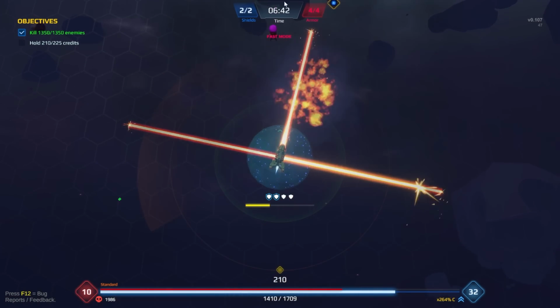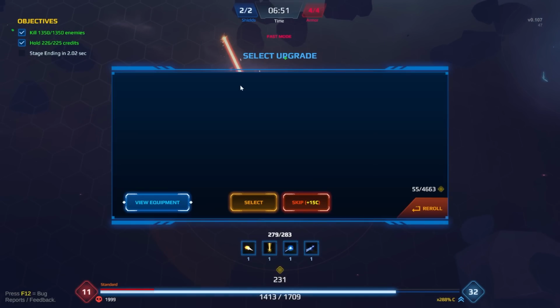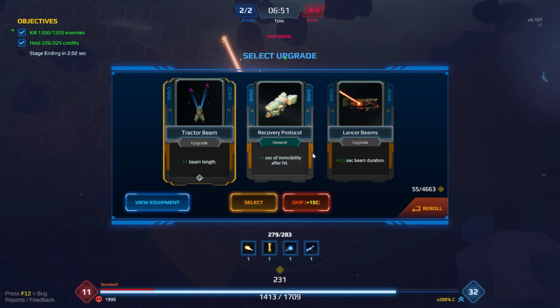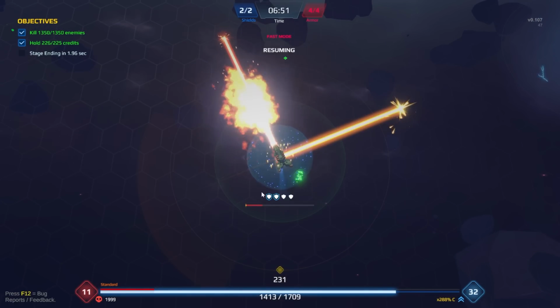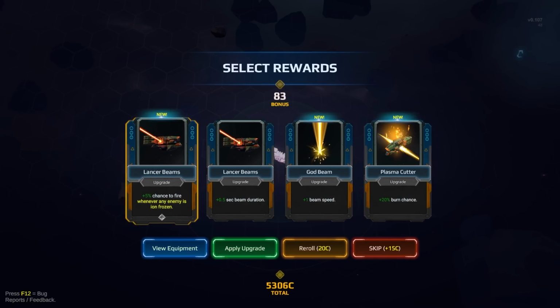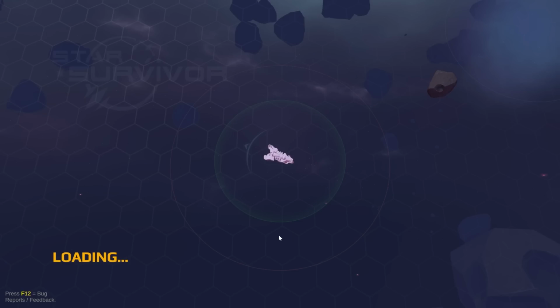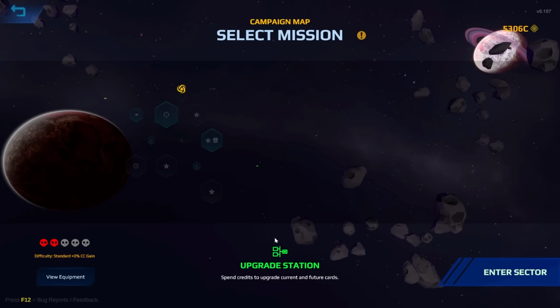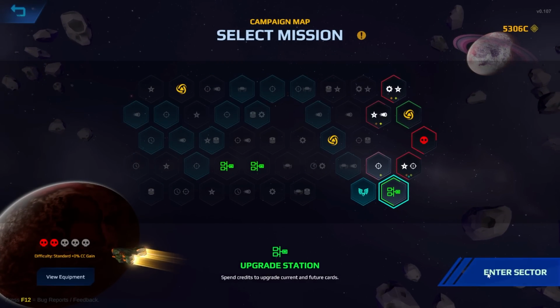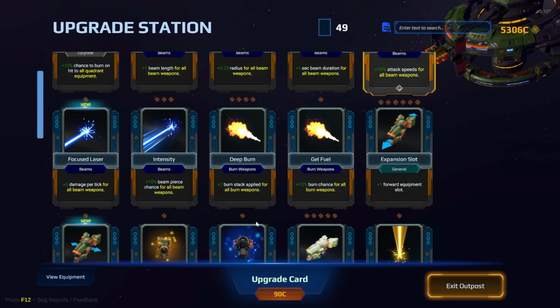Oh, and there's a free level. Okay, good. We got it. Let's see. Invulnerability after hit. Yeah, let's snag that just in case. Okay, beam duration. Okay. Upgrades. So I can upgrade anything and everything. In that case...